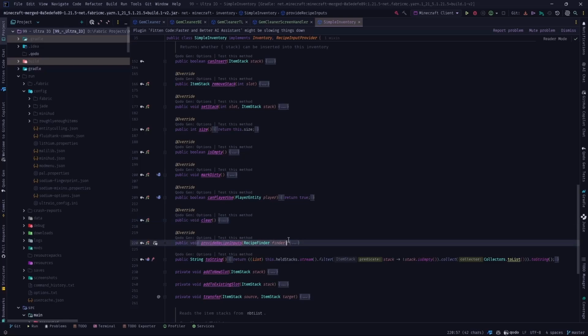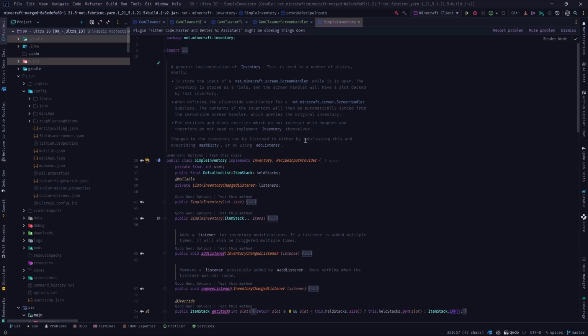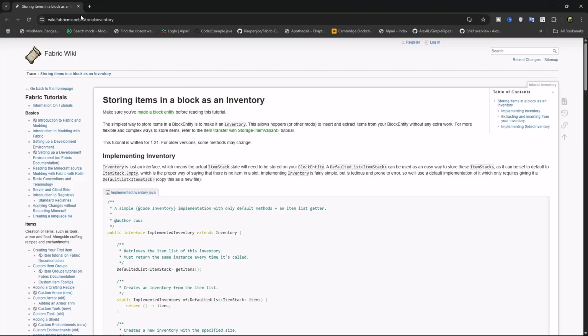And this one is for the recipe provider. So it's already implementing all the methods that you would need to implement yourself. Now, I had seen some people use something else, and that's this. If you go into